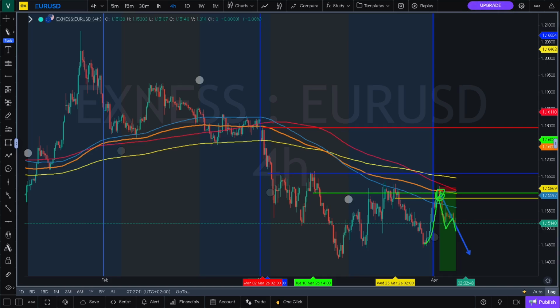was or how the signal looked like, because it is important and it is significant that we show the process before the signal, during the signal, and the completion of the 1:20 risk to reward ratio.